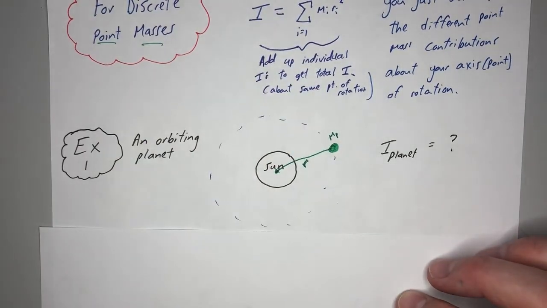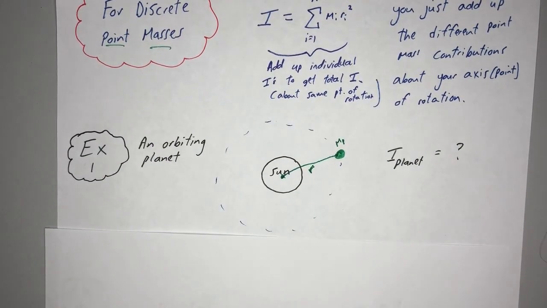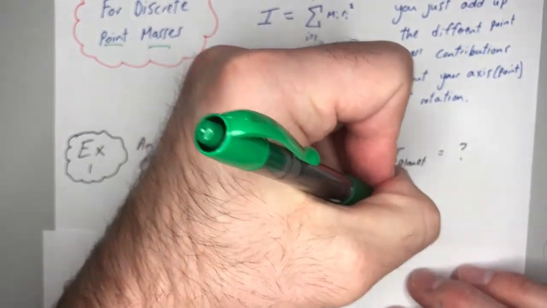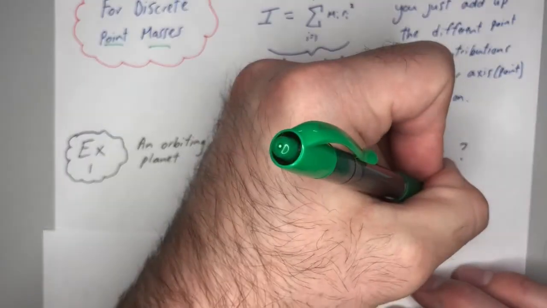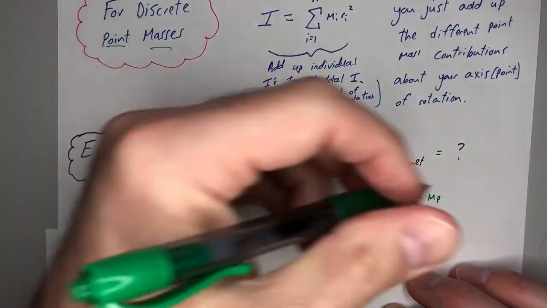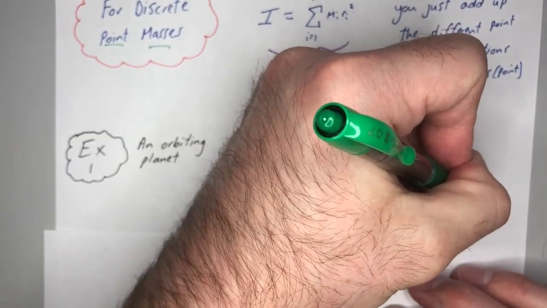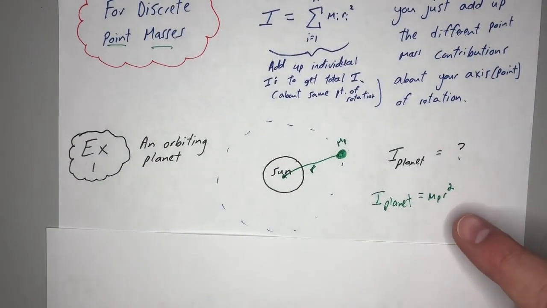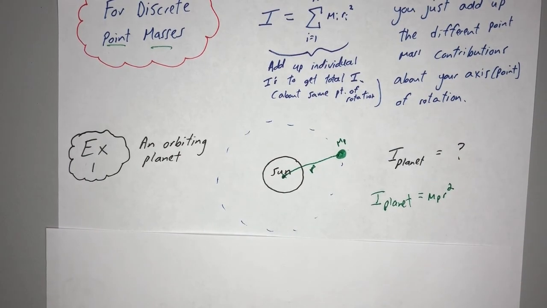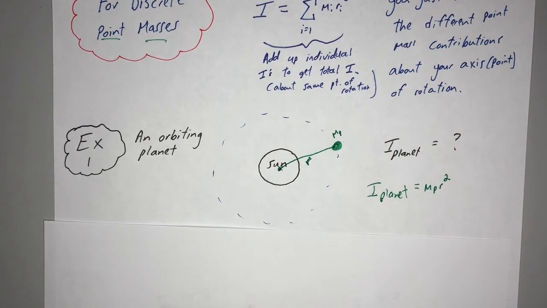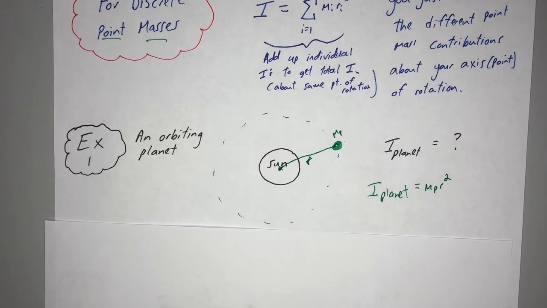I'm really creative, M_P. All right, so if you want the moment of inertia of that one planet, you'd say the I of the planet equals its mass times how far away it is squared, r squared. mr squared. I just have a subscript p for mass of the planet, but it's just mr squared. That's a point mass. Even though it's large, it's just a singular point, that we're treating the planet like a singular point. All right, that's example 1.